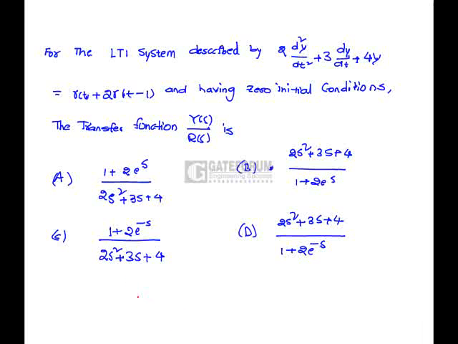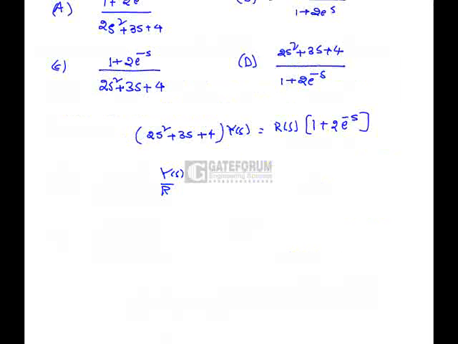If we apply the Laplace transform to the above second order differential equation, we will get 2s square plus 3s plus 4, times Y of s, equals R of s times 1 plus 2e power minus s, because here the ramp function is delayed by 1 unit, hence it is multiplied by e power minus s. So Y of s by R of s is nothing but the transfer function under 0 initial conditions, divided by 2s square plus 3s plus